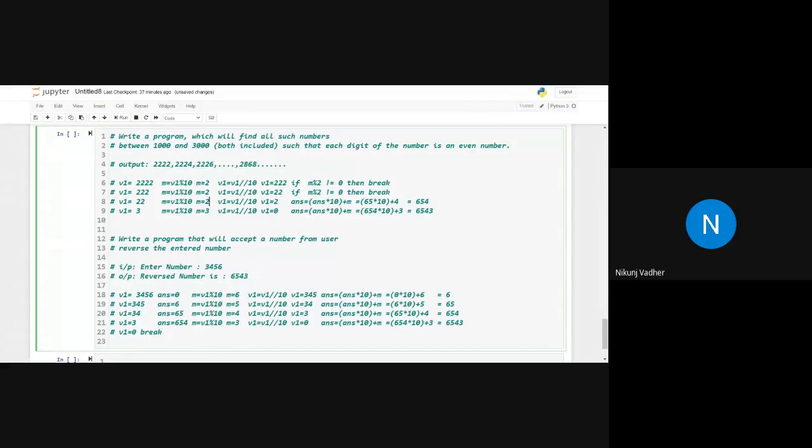I think you have implemented the same thing in prime number. There you try to divide the entire number. Here we will try to divide the individual digit. So the current value of V1 is 2.